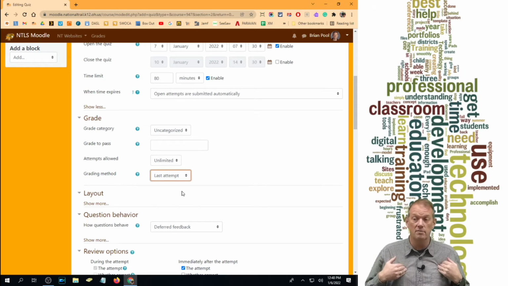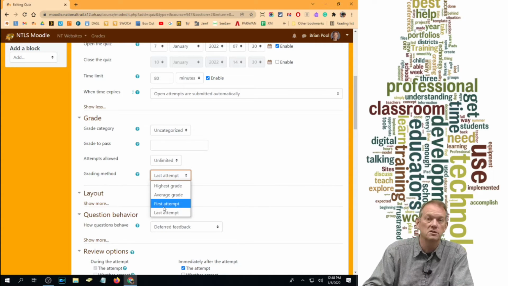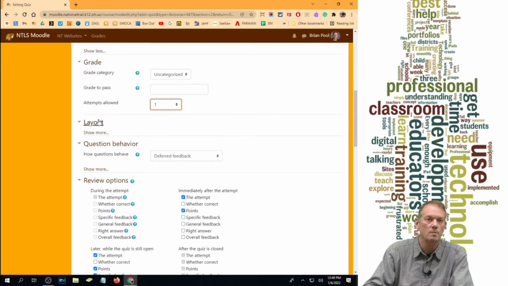That's my technique, not necessarily what a lot of people do. Some people do average grade, and then many people just say whatever your highest grade is. If you allow multiple times, that's what it'll do. If it's only one, that goes away because it's just going to use the one that you got. Okay,